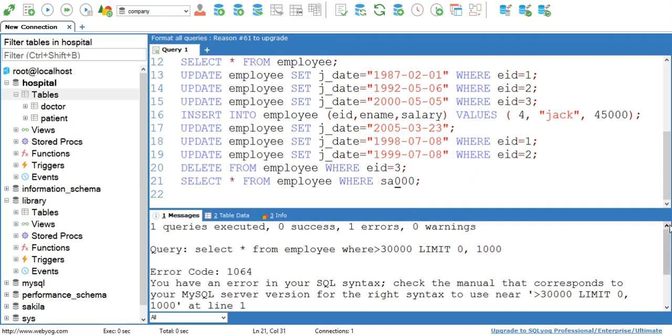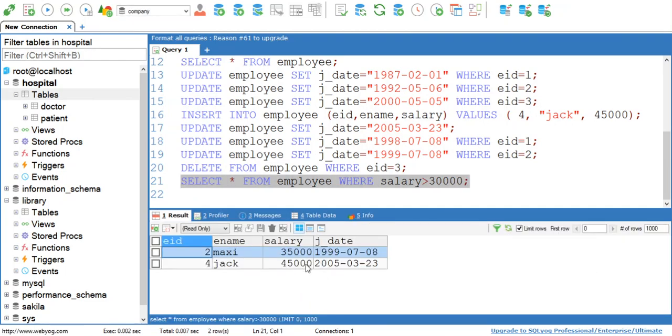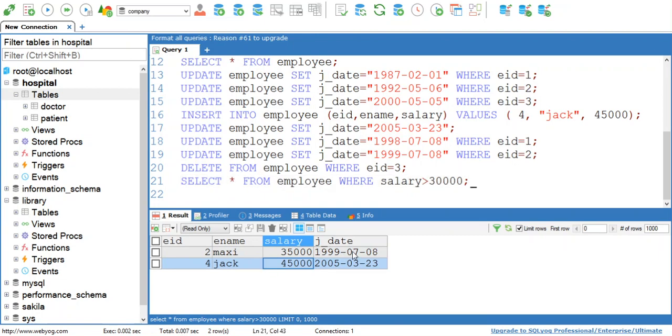Where salary greater than 30,000. See, data for only 2 employees is displayed, because employee number 1 has salary 25,000, which means that employee number 1 has not satisfied this given condition. That's why it is not returned.